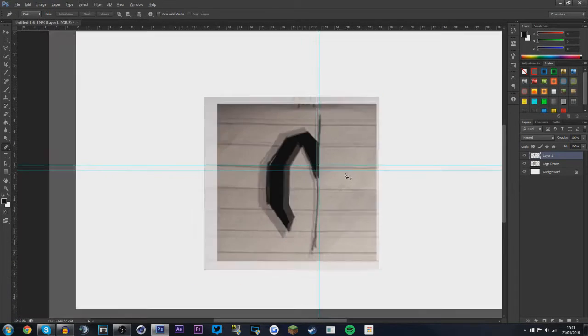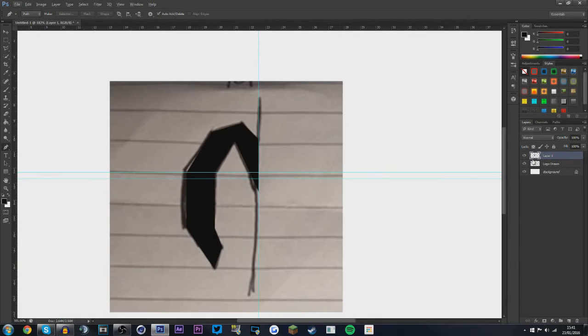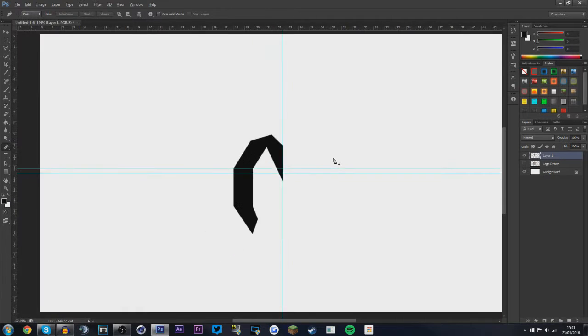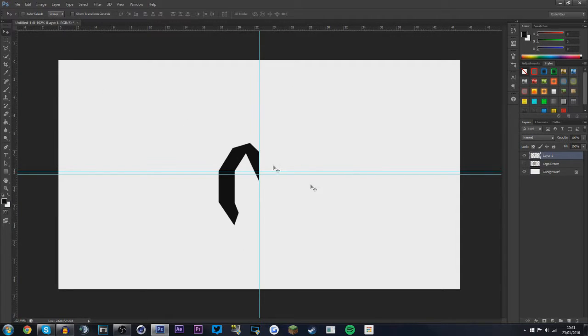And you can see now we've got half our logo, and we can get rid of the background by hiding the layer, and that'll get rid of the one that we drew. And now we've got the first half of our logo. I'm going to get rid of the ruler by dragging that up. And then we've got this layer, and then we can press Control J on our keyboard to copy this